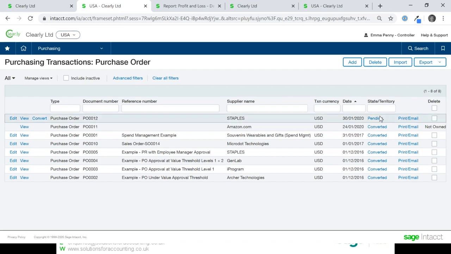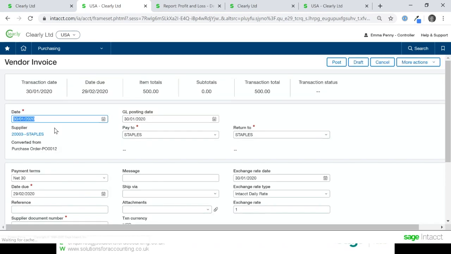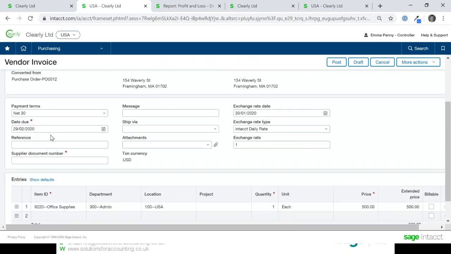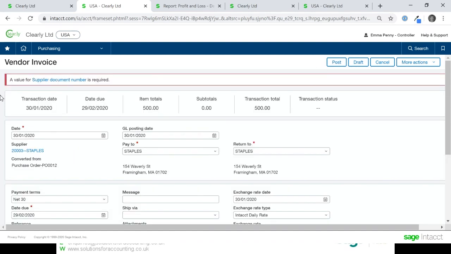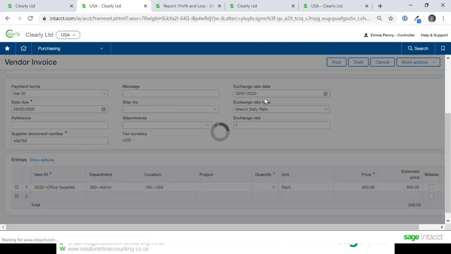Now that's pending, so we haven't got approval set up at this point. What we're going to do is convert that straight to a vendor invoice or a supplier invoice. Again, it's taking what you've got on the order, copying and pasting it into an invoice. And when I post this, we've got a smart rule. It's effectively a verification tool for your information. When you get to the point of an invoice, on this particular configuration, we've said you need to supply a document number before you can post it. So I'm just going to pop a number in there and then we'll post that through.